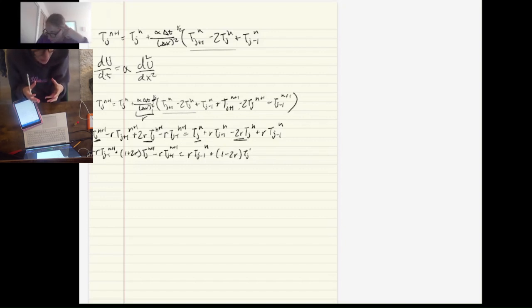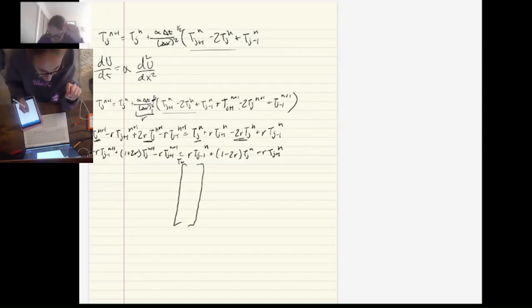Crank-Nicolson by doing a matrix multiplication for this, right? So for the matrix multiplication, here are going to be our temperatures that we're going to be multiplying by. Our temperatures go from T left to T right. T right is 0, T1 is T1, and then this is going to be n plus 1, and then T2 n plus 1, and T3 n plus 1, and so on, because we discretize the bar into 100 sections. We're going to start with the 0 section as our first section, and our last section is the 99. That's still 100 sections, so